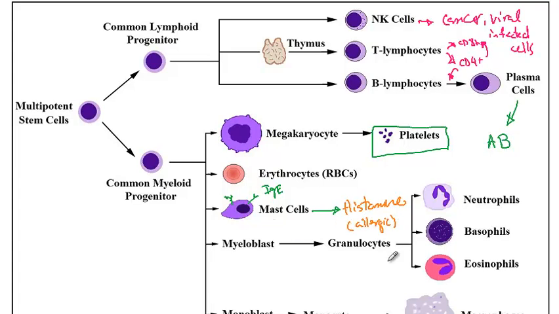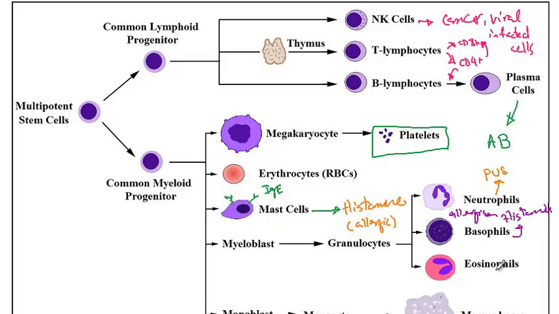Then we have the granulocytes, including the neutrophils. We just discussed neutrophils are a component of pus, and that their function is to engulf and kill bacteria by phagocytosis. Basophils, on the other hand, would initiate an inflammation and allergic reaction by releasing histamine. So their function is very similar to mast cells. So let me write it with a different color. So basophils will release histamine